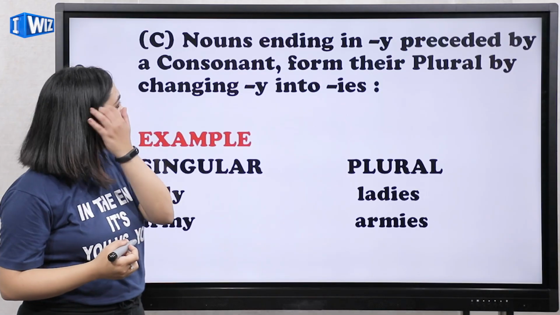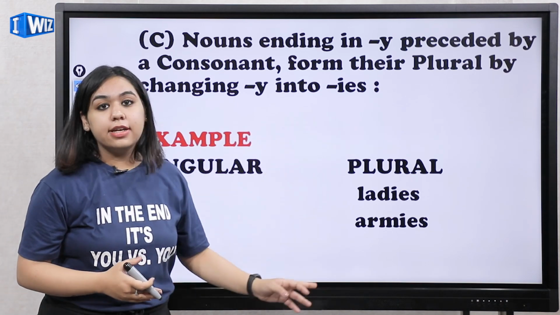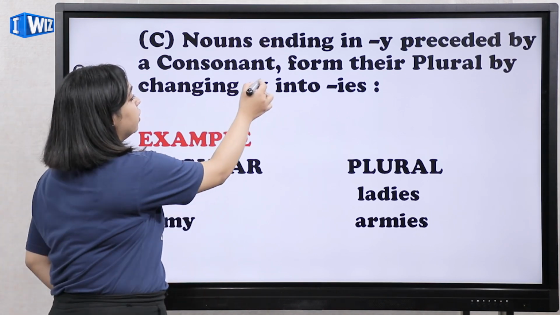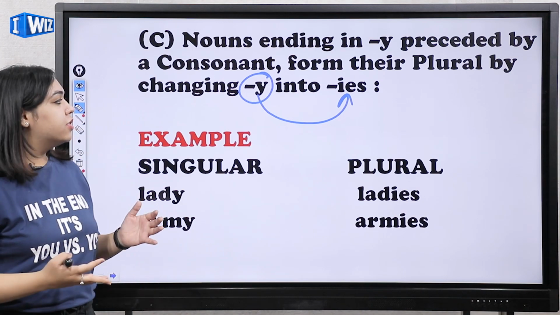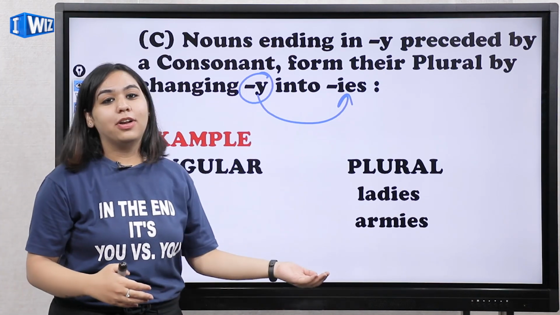Now the third type is nouns ending in y. The nouns that end in y preceded by a consonant form their plural by what? By changing the y into ies. Here what they're trying to say is if any noun that ends with y, it is converted into plural by